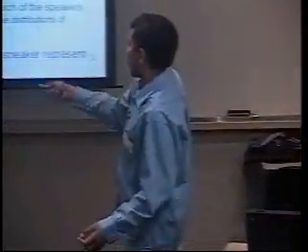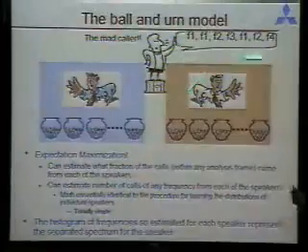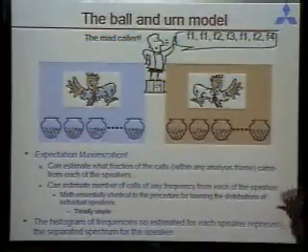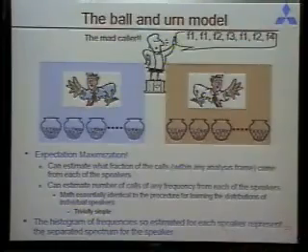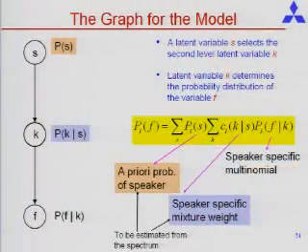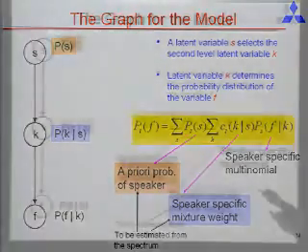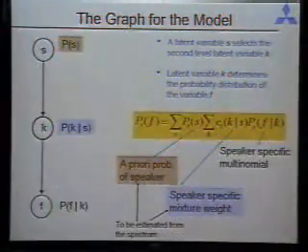Now, once you compute the mixture weights, given the urns and all these probabilities, you can say, okay, this is the sub-distribution that came from these urns. And that, in fact, is going to give you the spectrum for that speaker. And you can separate things out. If you actually look at the graphical model for this, you have the speaker, the mad guy, selecting the speaker, who selects an urn from which he selects a frequency.